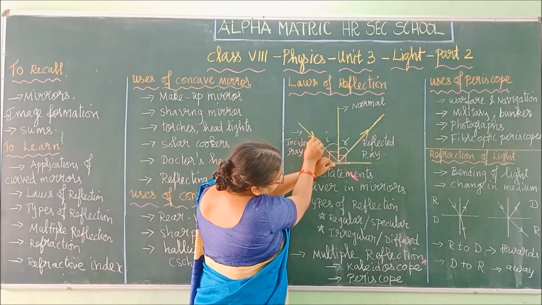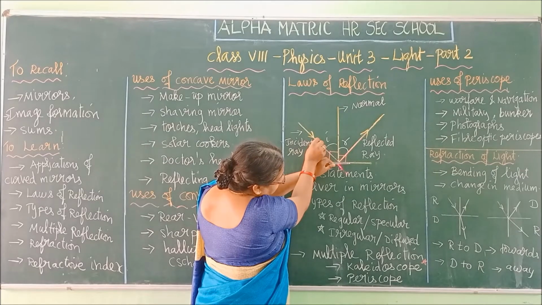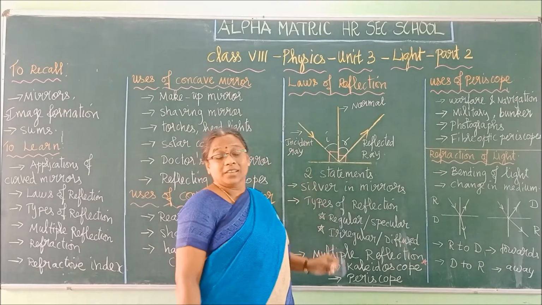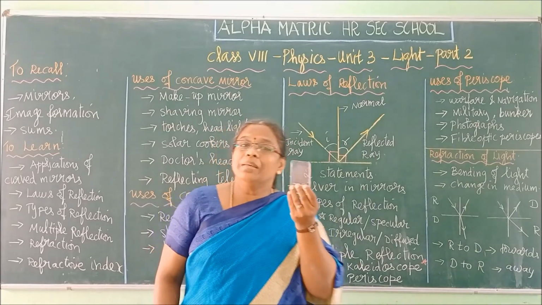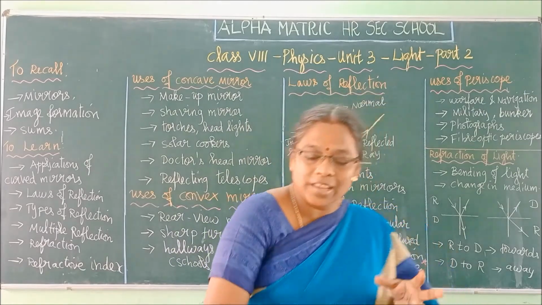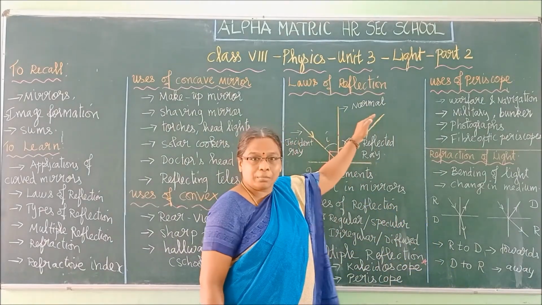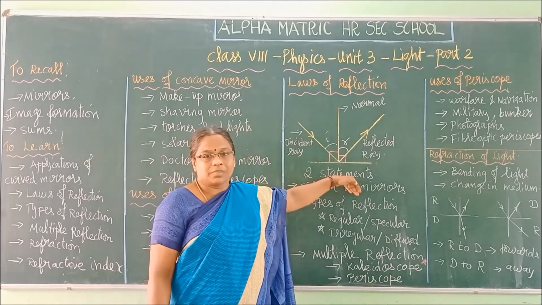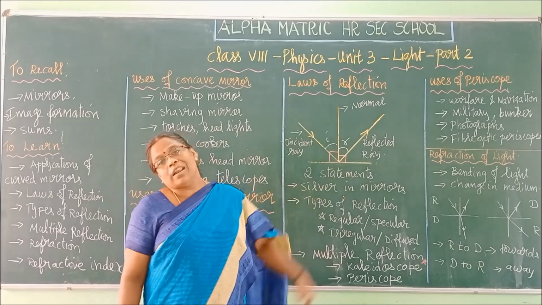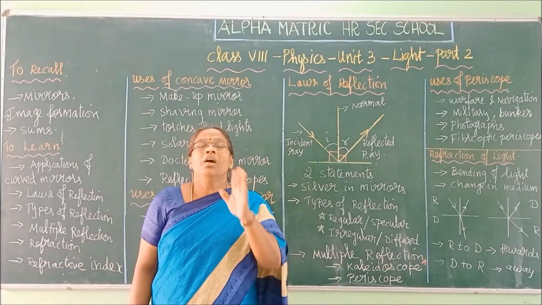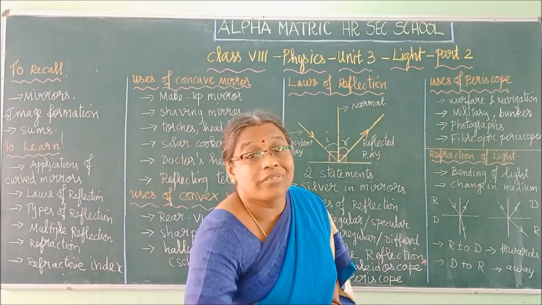You can zoom the video and you can see it, children. Now one light ray is coming down. See how nicely it is coming. Right? That is when the medium is transparent like this. Now some rays will get reflected in the same medium and some rays will take a bend through the medium. So that bending of light ray, when light travels from one medium to another medium, is called refraction.